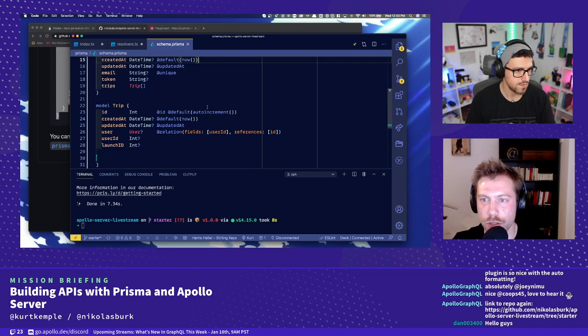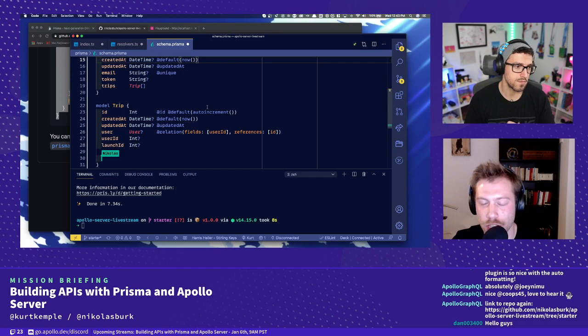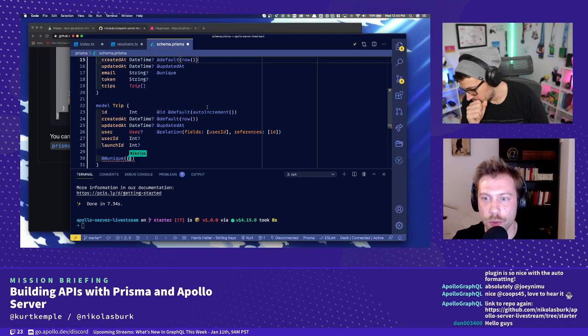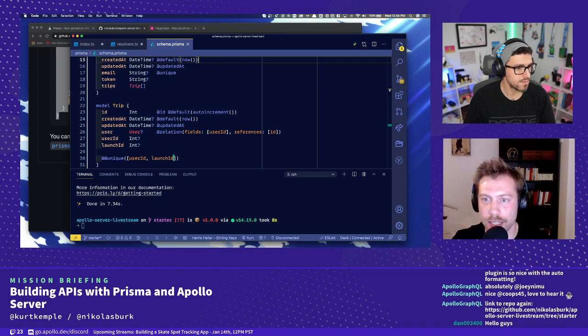And then we also want to ensure that only one user can book a trip with a certain launch ID. So we want to ensure that we can never have a trip that has the same user ID and the launch ID, because then it would mean it would be a double booked trip by a single person. And the way we can represent exactly that constraint with Prisma is by adding this unique attribute here to the model and passing the user ID and launch ID fields to it, so that in the database we'll have the